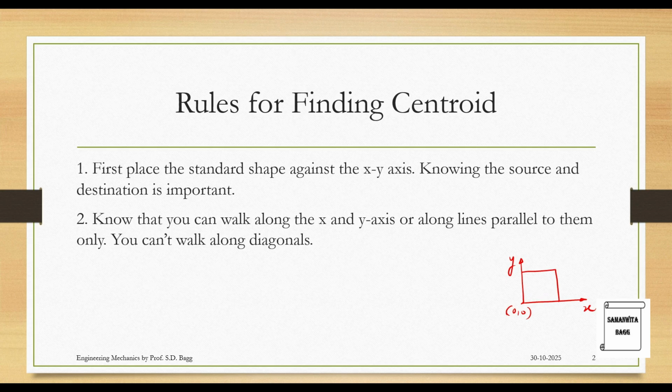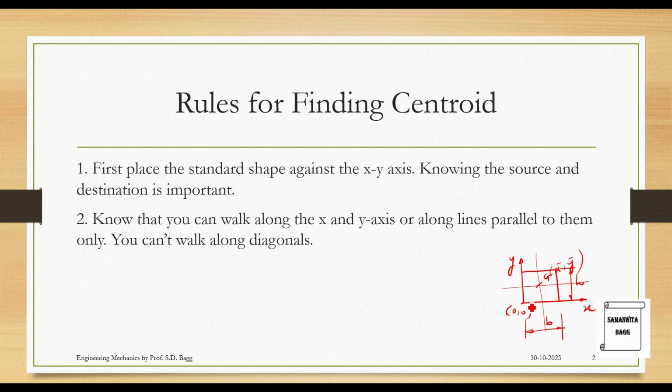Now, like I told you, this is a game. So for every object for which you want to find the centroid, you will have to first think that you are standing here, and you have to first know where you have to go. So for a rectangle, we see this dimension is nothing but the width and this dimension is nothing but the height. We know that the centroid for a rectangle is half of its dimension. That is half of base, half of height, and this is the point G. This is x bar comma y bar.